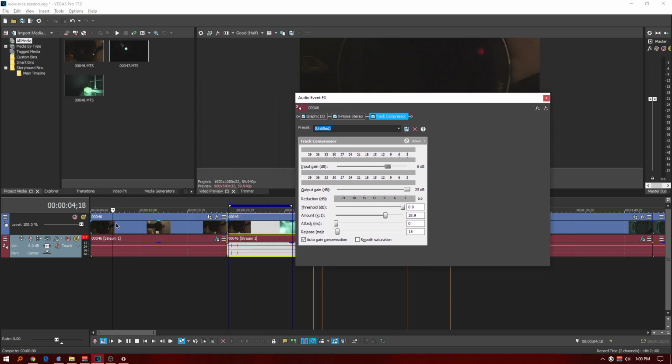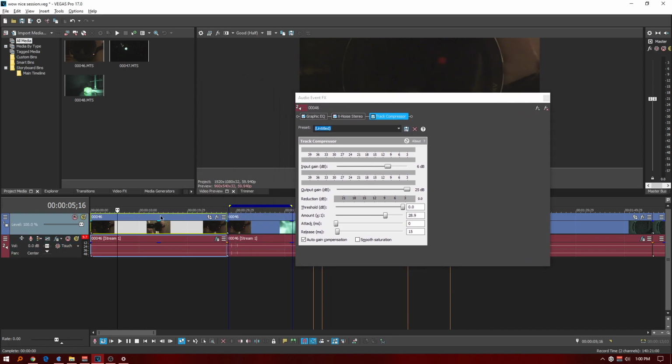But remember, just click on the track, hit S, and you can separate your audio. That way you can make this part have Xnoise. You can make this part not even have Xnoise if you want. And hear what it sounds like with and without Xnoise, you just click on that. And when you're done,